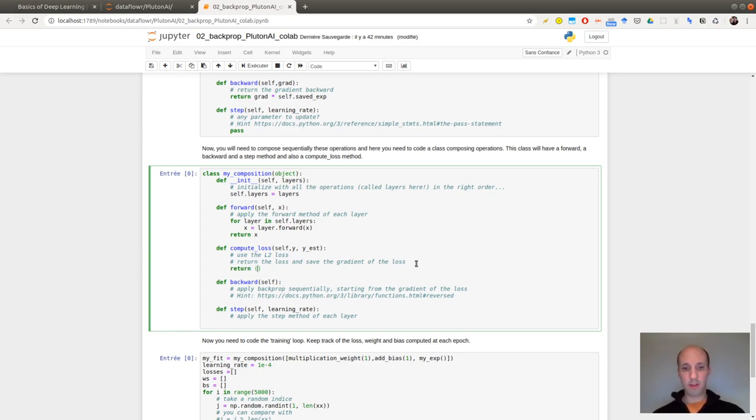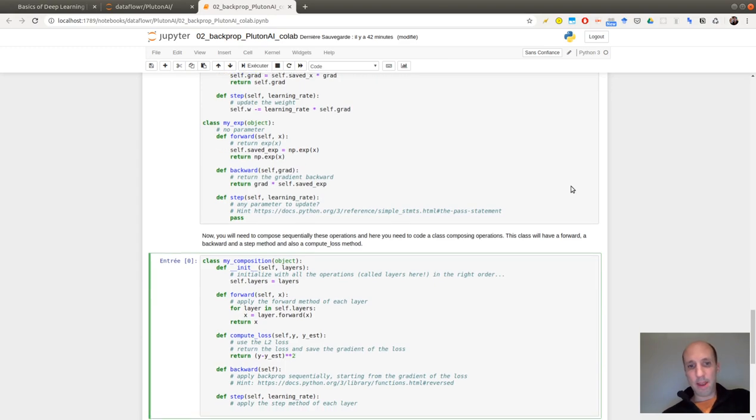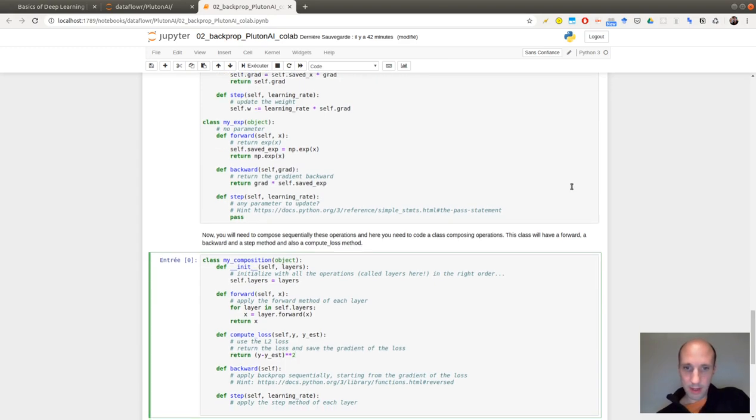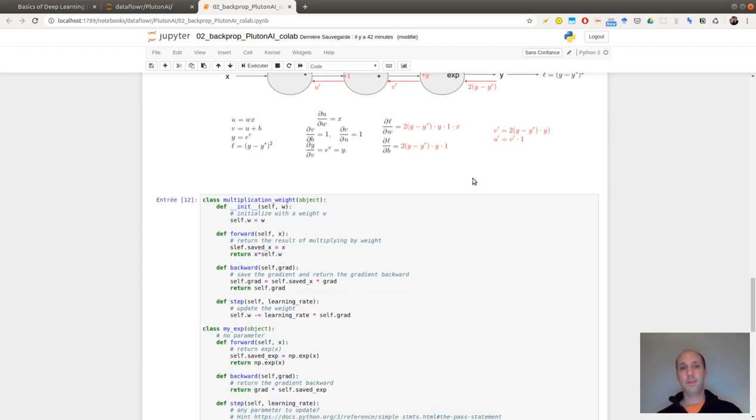So the loss is y minus ys. I'm taking a quadratic loss here. Now I need to save the gradient of the loss. So this will be computed, and then the first thing when I'm computing the loss, I will compute the first gradient, which is given by this.